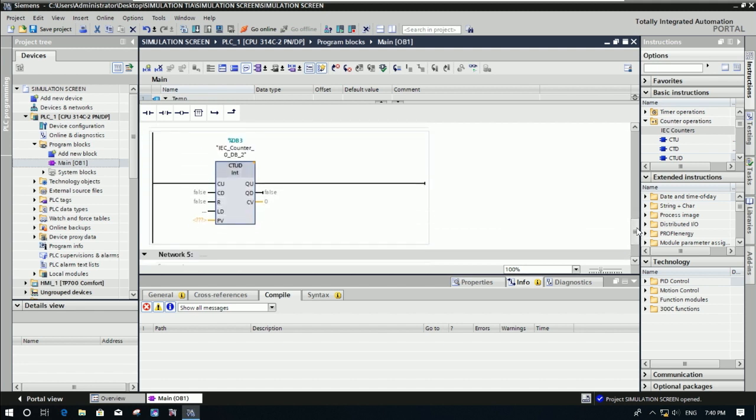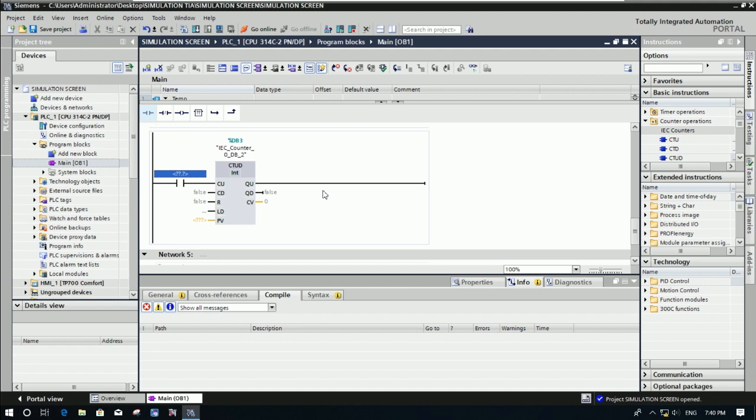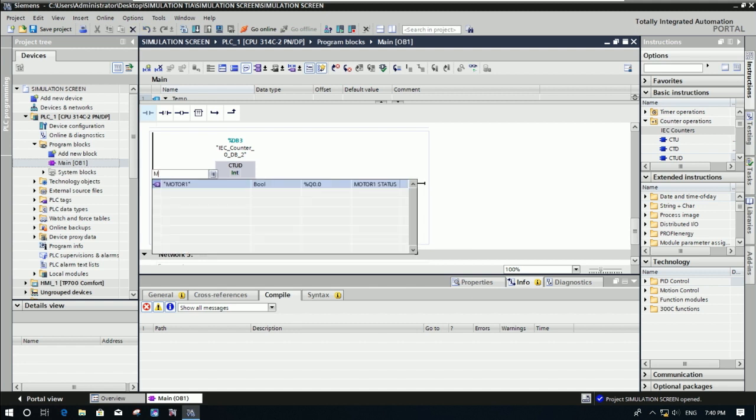You see here is the CU enable, right? So I can use the NO button. The previous one started from M30.3, right? So I will start from